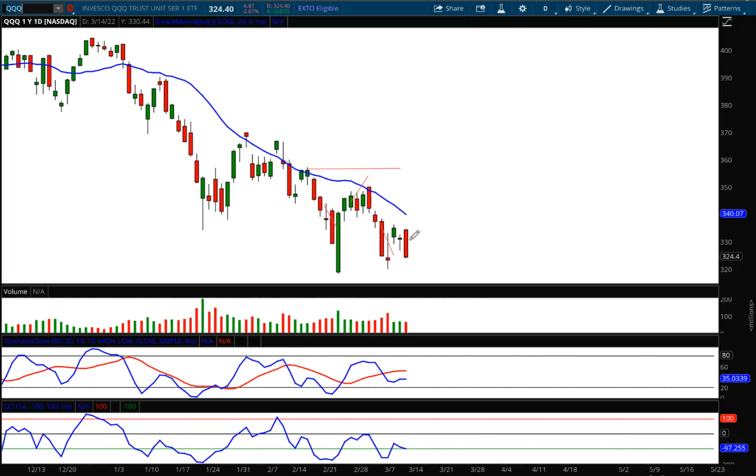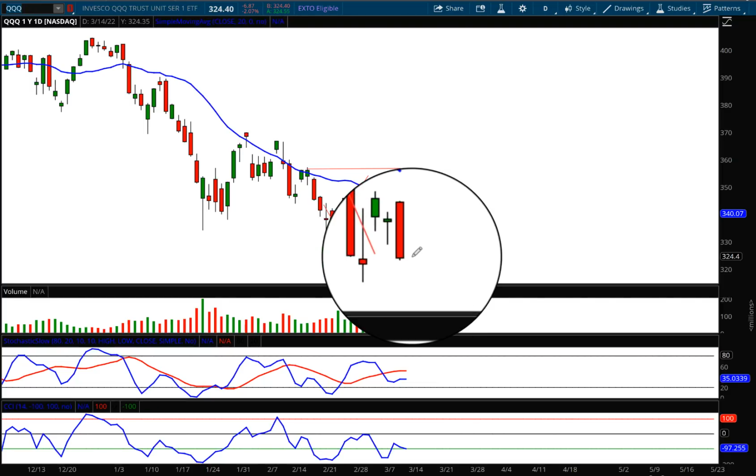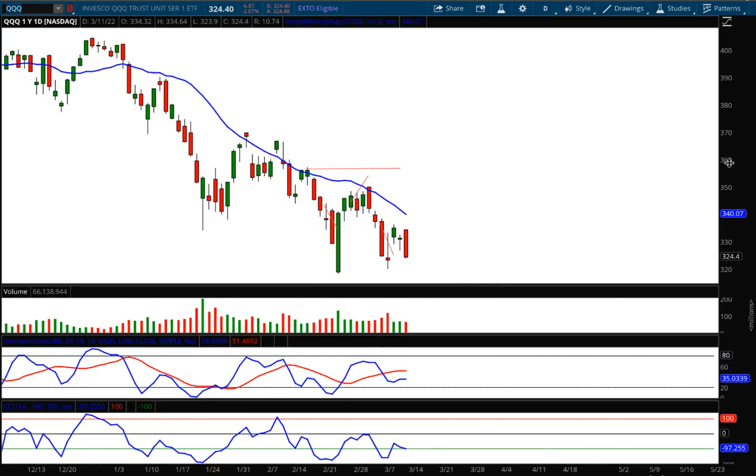This one is a little bit more interesting than what we saw in the Spiders, because we opened on the high, not too much of a shadow up there, closed almost on the low. So not only is that a bearish engulfing candle, but we were literally pennies away from it being a Marubozu, which again, like I said before, is the most bearish candle. So you combine the most bearish candle with the most bearish combination of candles, and that only means watch out